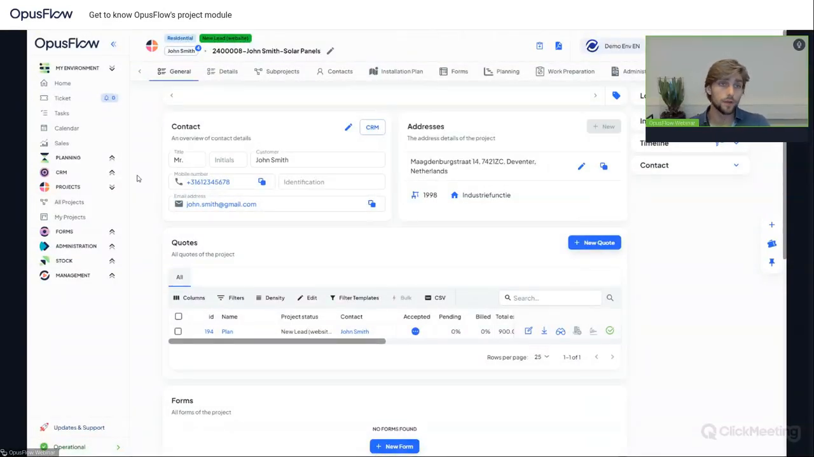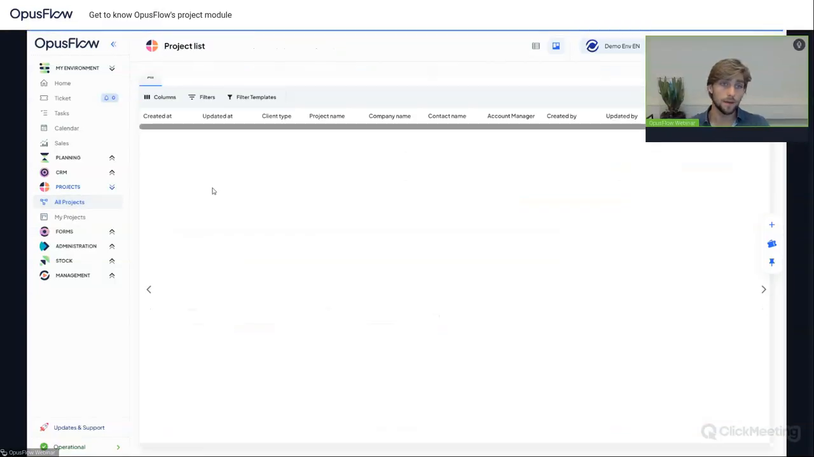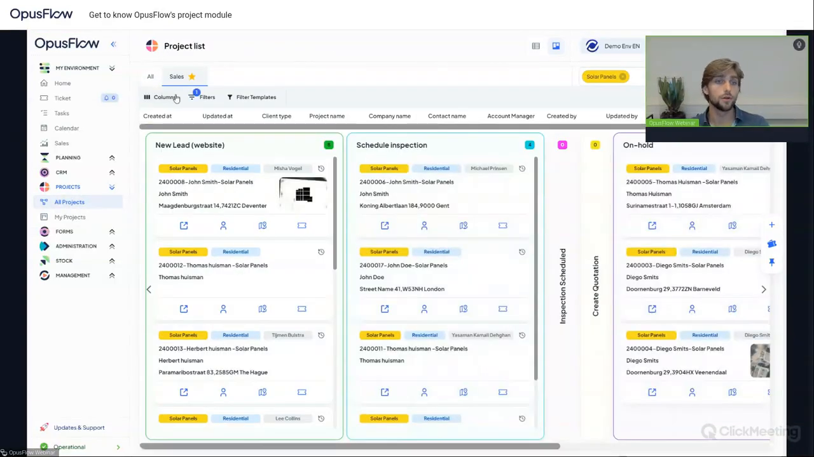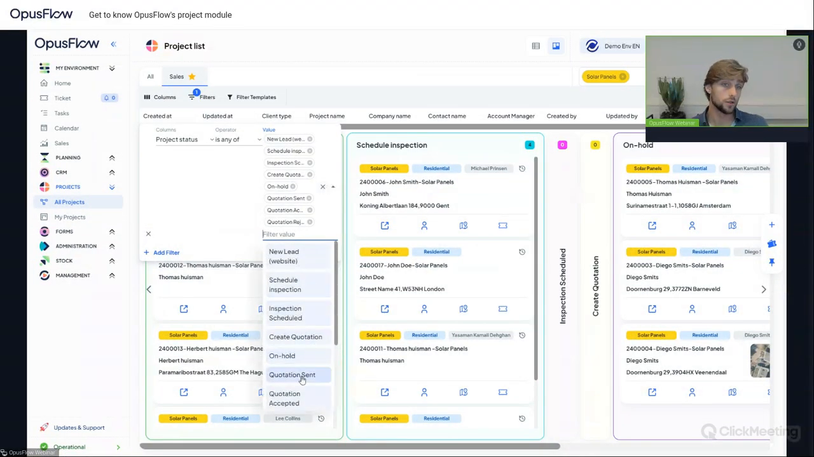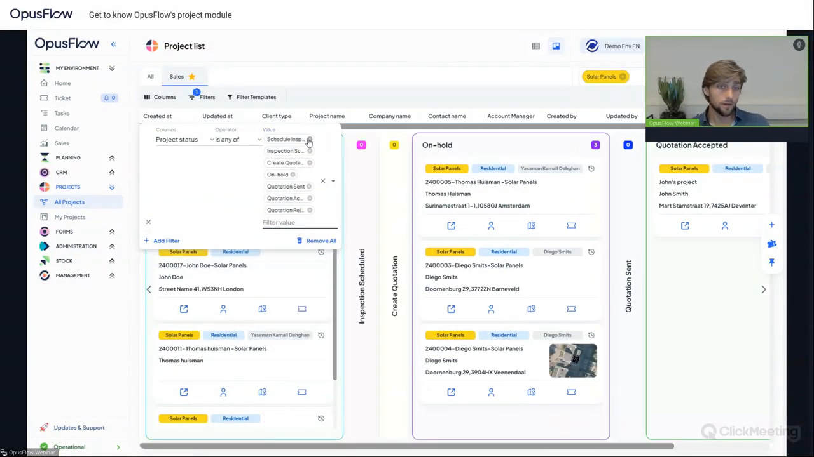Let me show you. So in the last tab on the project page in the Kanban overview, as I showed you before, there is a filter option. So you can toggle different project statuses on or off. In this case, I made the full sales process, just one overview. And we can even delete those,